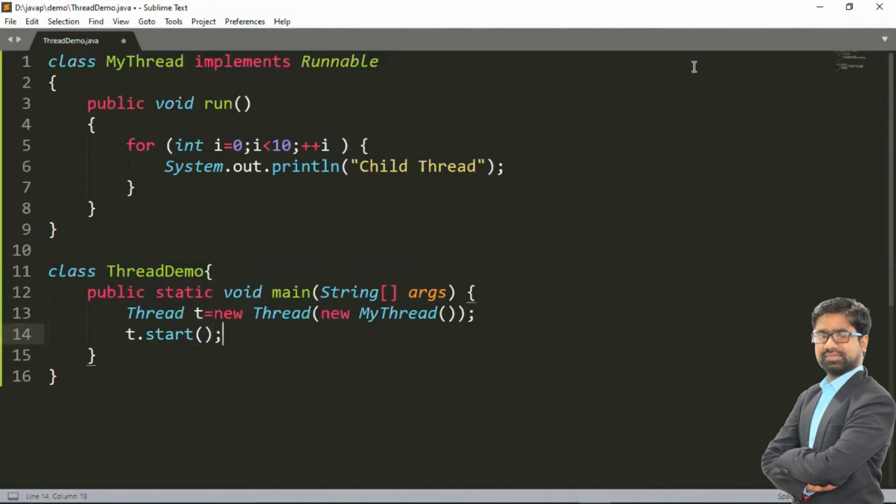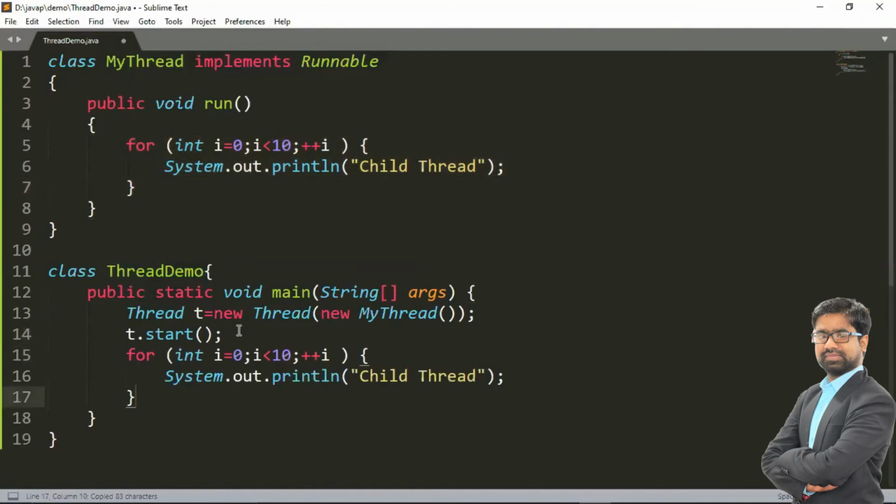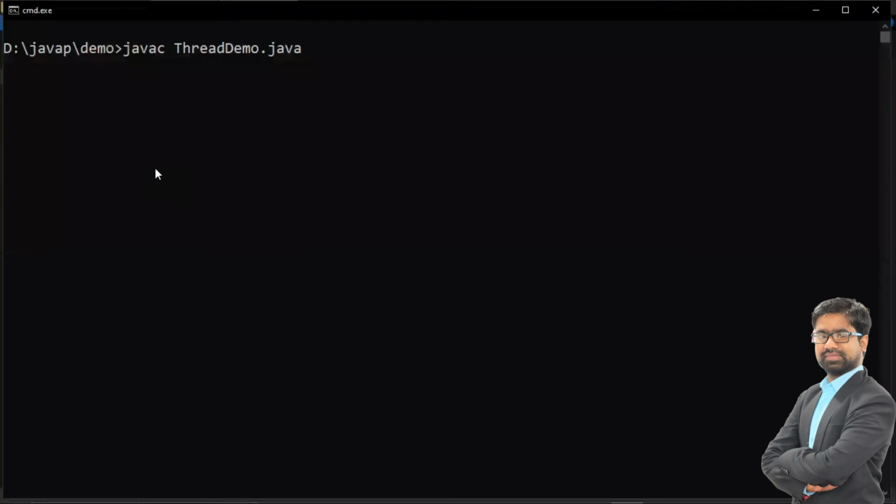Now we can implement the logic in main also, so we can check variations in the result. Two threads will be executed simultaneously. This is my main thread. This is my child thread. Now let me run this code. javac ThreadDemo.java, then java ThreadDemo.